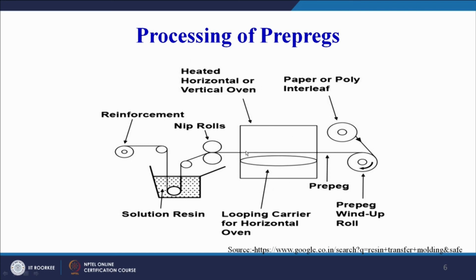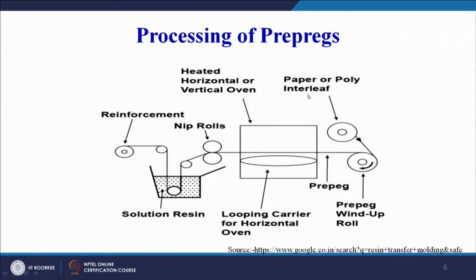This is the oven which will partially cure the thermosetting resin. Looping carrier for horizontal oven, so we can have horizontal as well as vertical oven, but the major objective of this oven is to provide heat to our assembly or to our mixture of fiber and the resin. And finally paper or poly interleaf, this is coming from here,